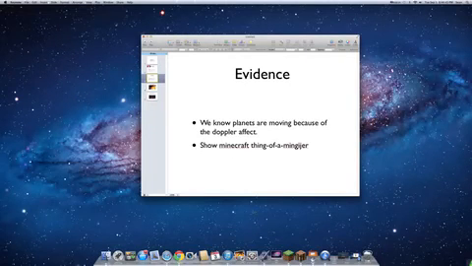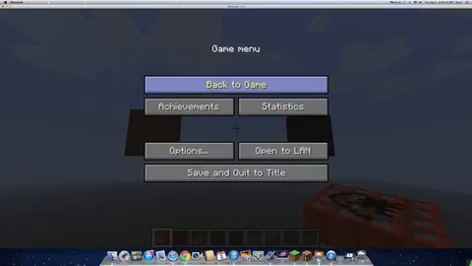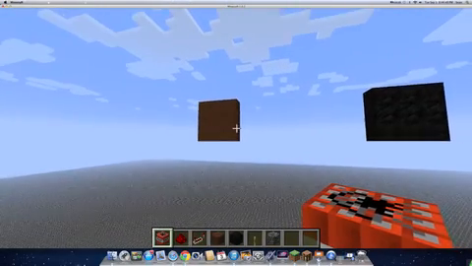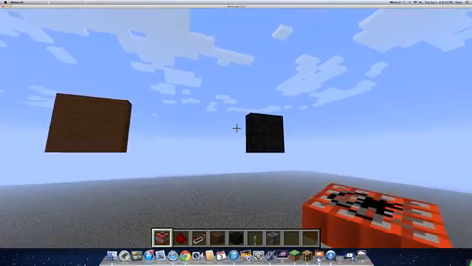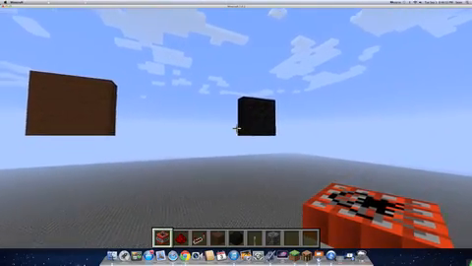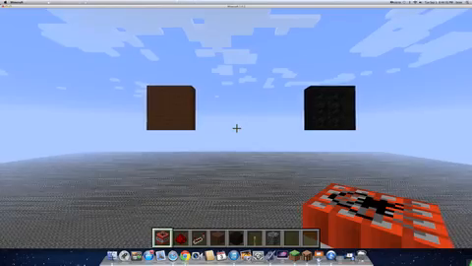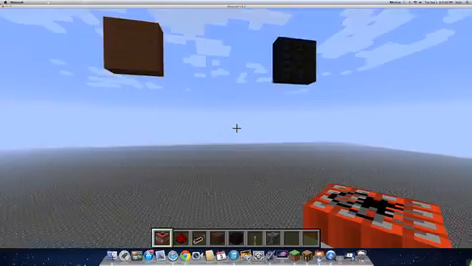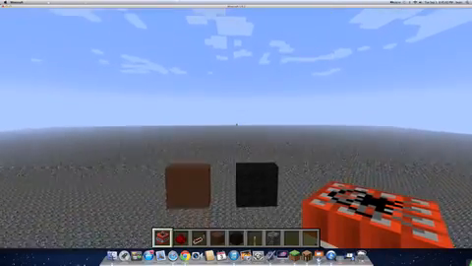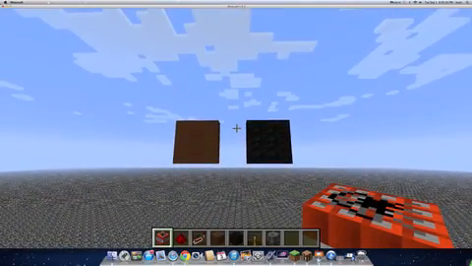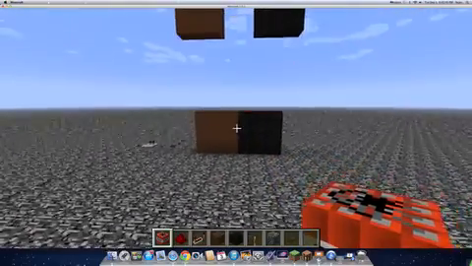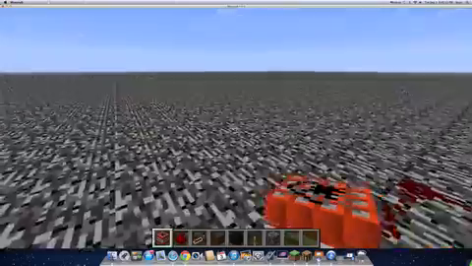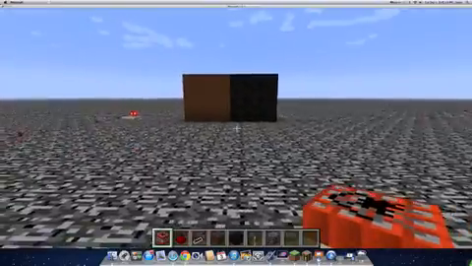I'm going to show you this interesting Minecraft thing. So basically here it is. This is the brown is matter, let's say, and let's say the black is antimatter. And matter and antimatter were created in the Big Bang, and they don't really like one another. So they come closer towards each other. And then when they touch each other, there is this